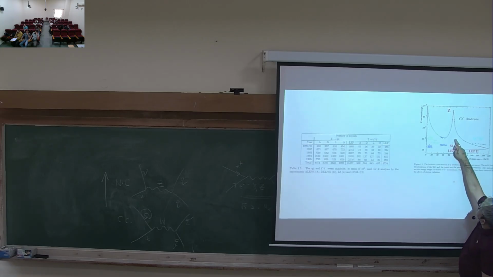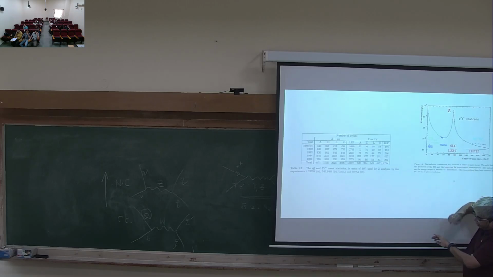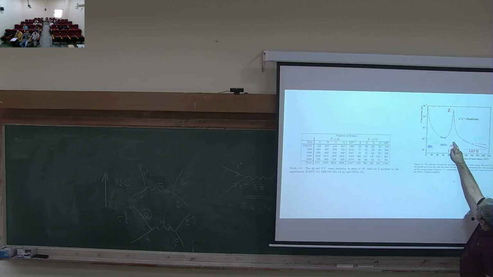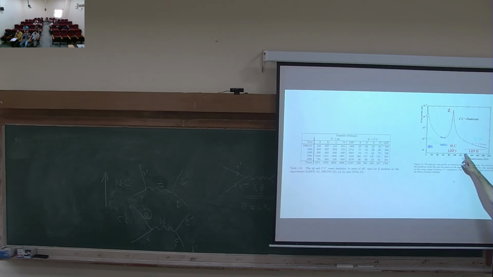You see that it's really sat at something which is exactly at the Z mass, and then the cross section shoots up. At least 3 orders of magnitude. And then it went down to center of mass energies of around 220. So these measurements, which happened at the Z pole,